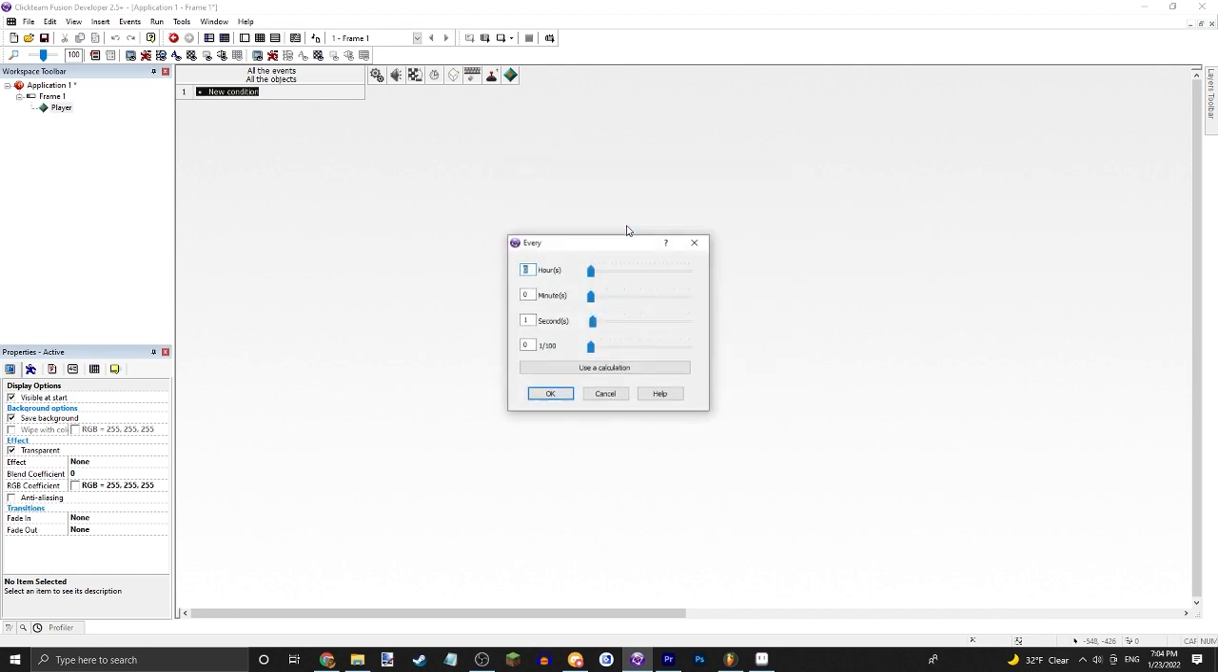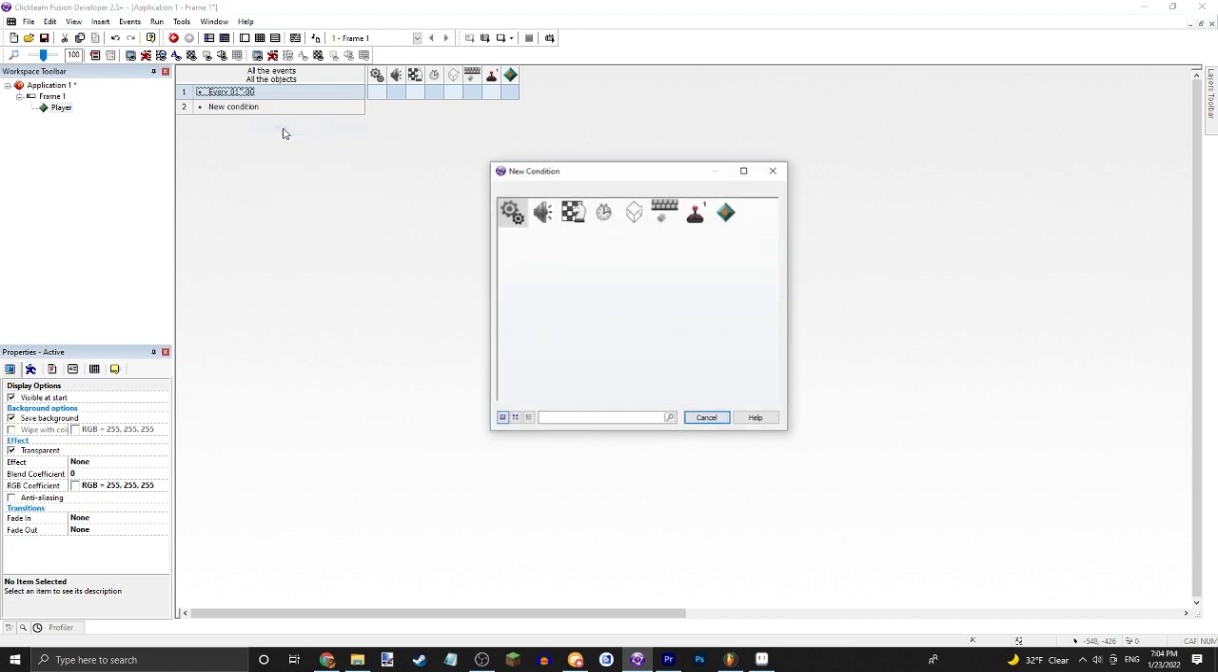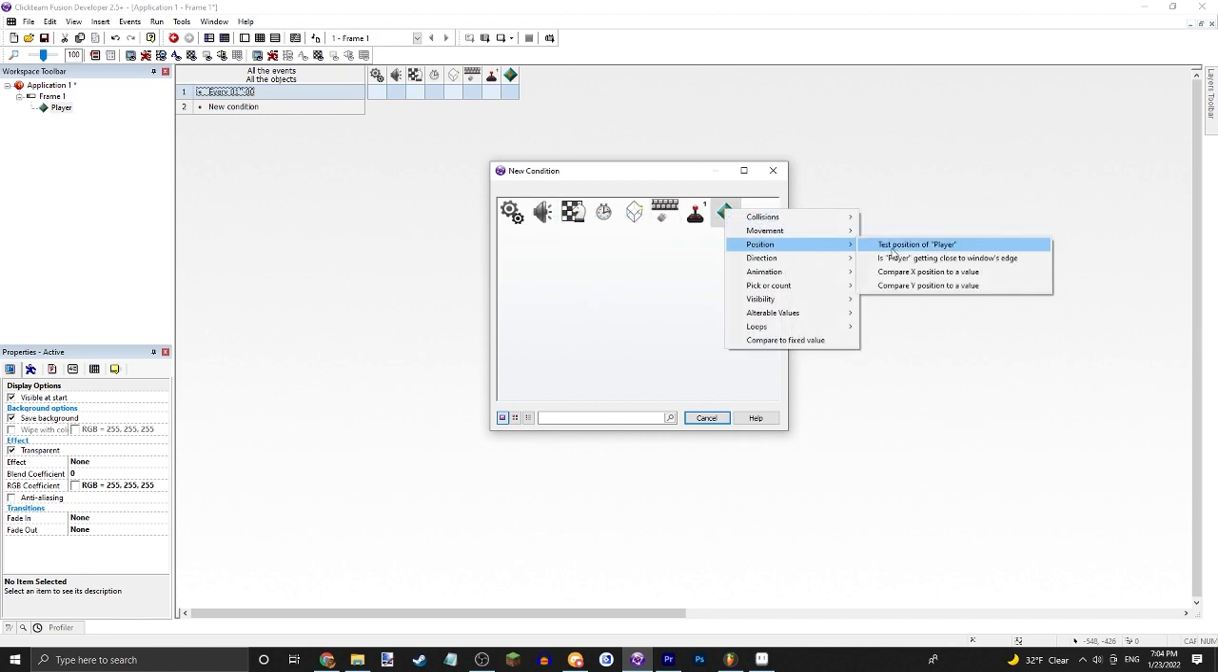And whatever this is, let's just say every 1 second. So this will occur every second. So let's also put another insert, and we can do if